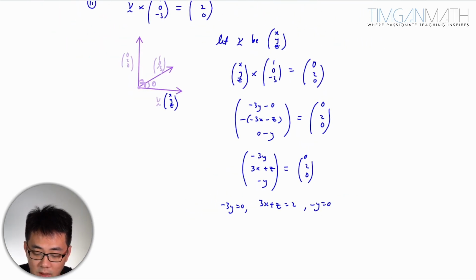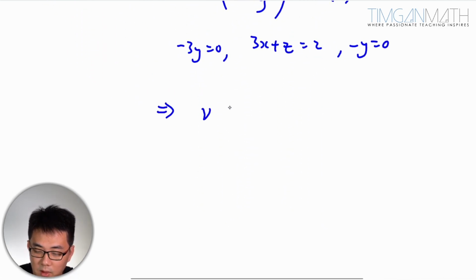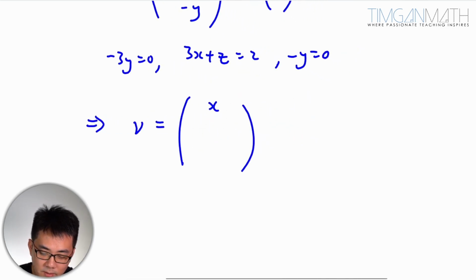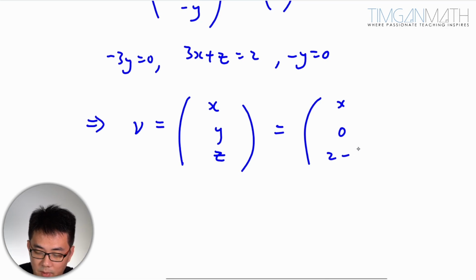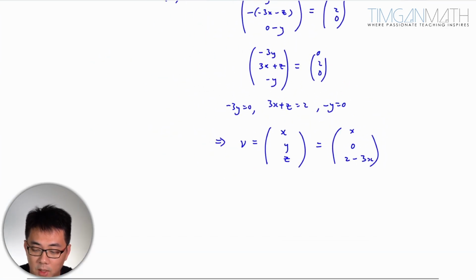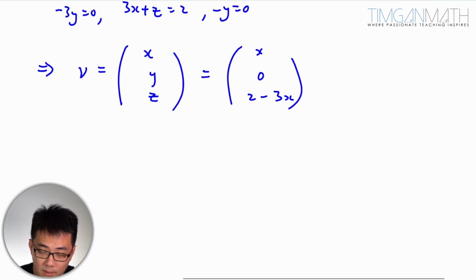So now V could be reduced to this coordinate here, which is x, 0, z, right? So z is actually 2 minus 3x. Am I right? Maybe I just put this as x, y, z. From here we can tell that if this is x, because y is 0, z would be 2 minus 3x. It will follow this equation here. Just take note, this equation it will follow. So x could be any variable. It really doesn't matter. But what we can write down is, if V were to satisfy this equation here,